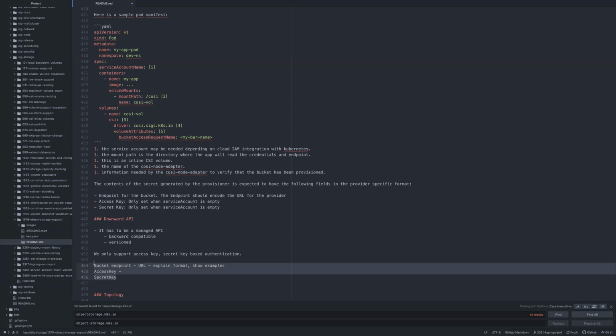IP addresses. There's no problem with using an IP address. You don't need DNS. But for the S3 protocol, if you have an IP address, you still need the correct bucket name and the region name. The endpoint won't just be an IP address. You'll say HTTPS 172.17.0 whatever, and then slash